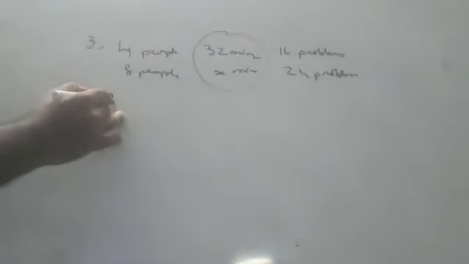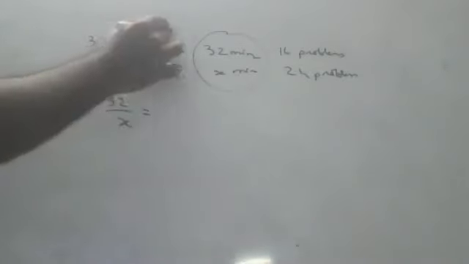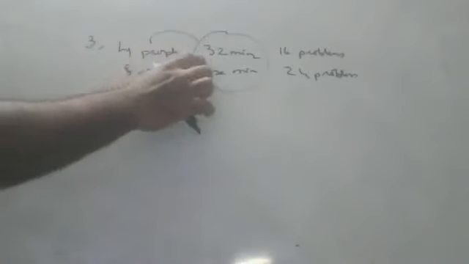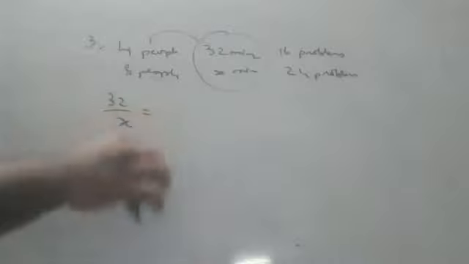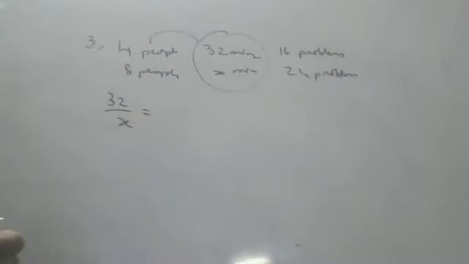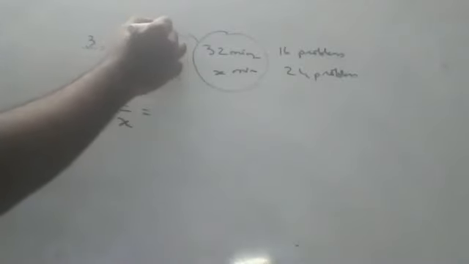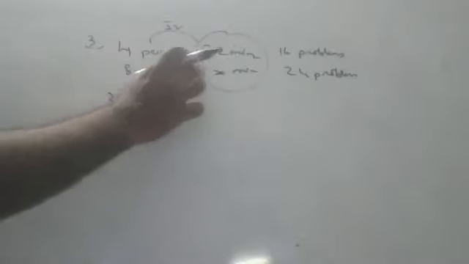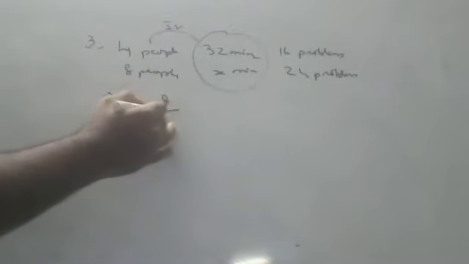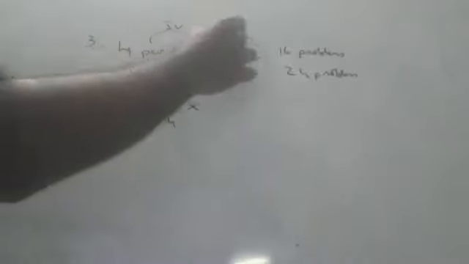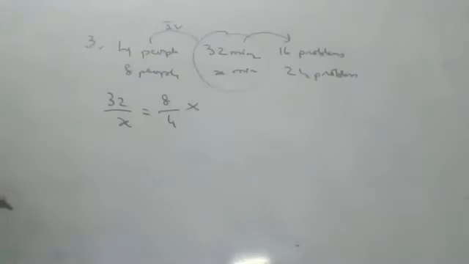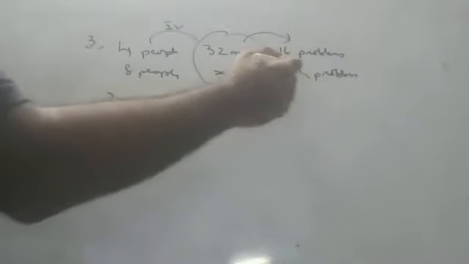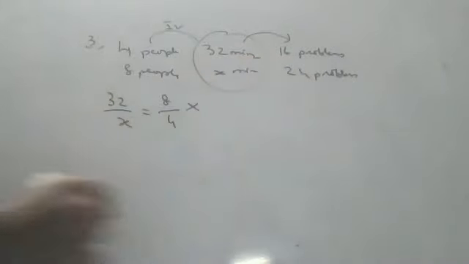So on the left hand side, let's put 32 by x. First, let us check: are they direct or inverse? 4 people, 32 minutes. 8 people, more time or less time? Less time, inverse. If more people are there, less time it will take, children. So inversely proportional. After saying the answer, please mute yourself, children. So reverse side, like 8 by 4. Now, children, in 32 minutes you can solve 16 problems; to solve 24 problems, will it take more time or less time?